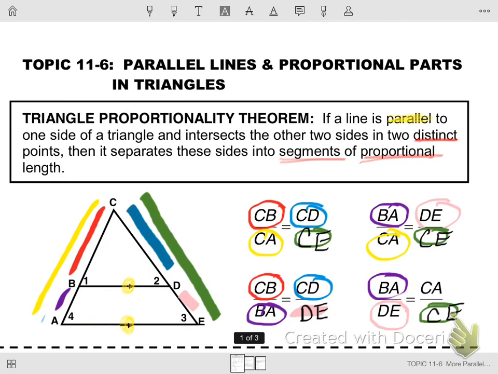Alright, today we're going to talk about parallel lines and proportional parts in triangles. We've kind of already done this lesson before. I think we already have these notes. I went on ahead and color-coded the triangle segments for you to show you the relationships within the examples that